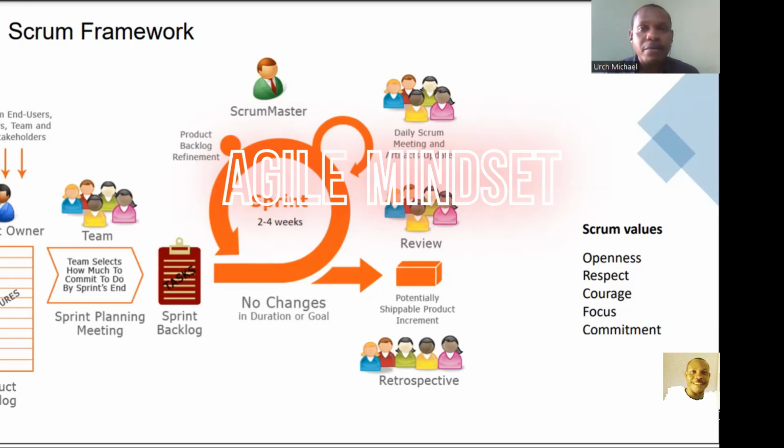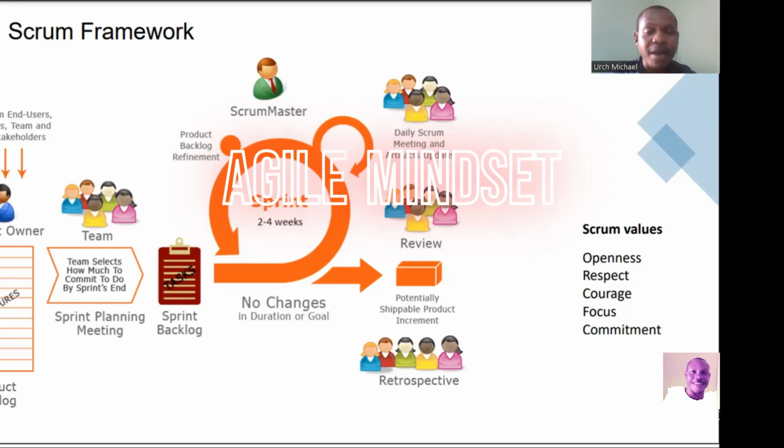Now, bear in mind, please, in your exam, understand these things. I'm bringing up some tips. Please pay attention to the tips. I will be saying a lot of things, and it will do you well if you pay attention. All right? So it's going to be between 2 to 4 weeks.